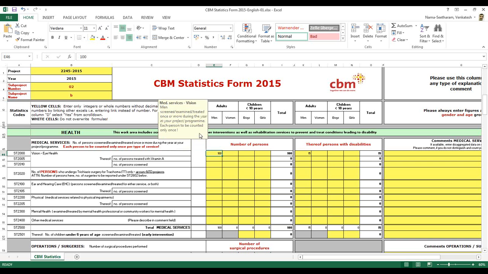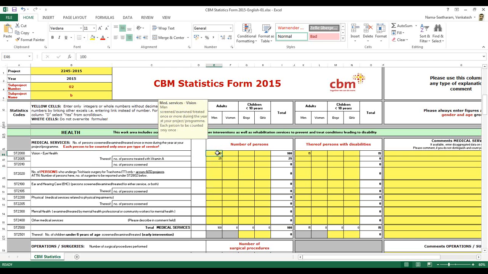And you have a "thereof" code throughout the form. I'll just show you how it works. For example, if there are totally 100 men screened, examined or treated, counting each person once, how many of these 100 were given vitamin A? Maybe 25. And out of this 100, how many are coming from screening?